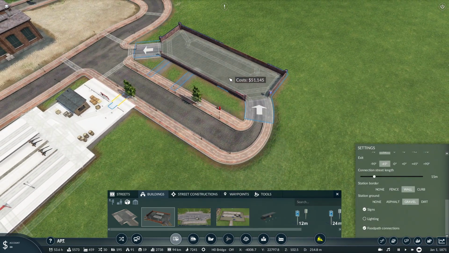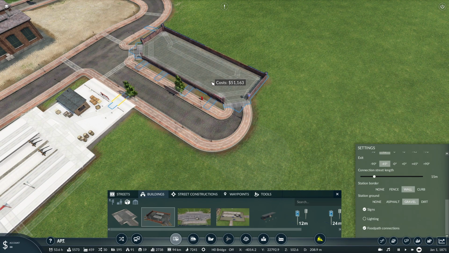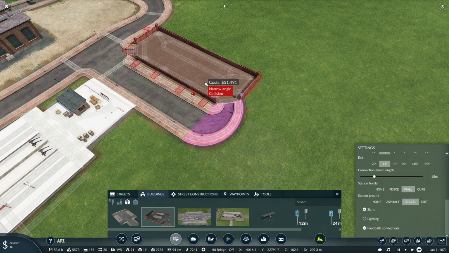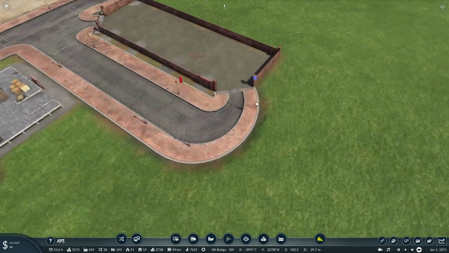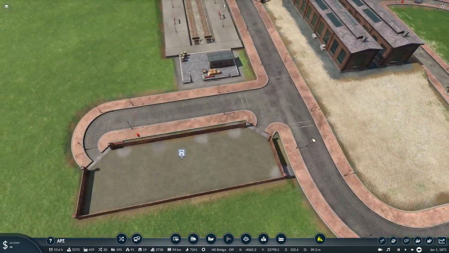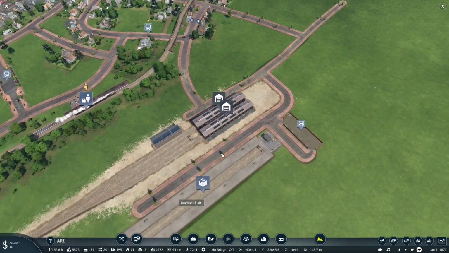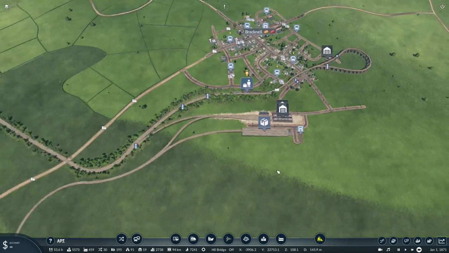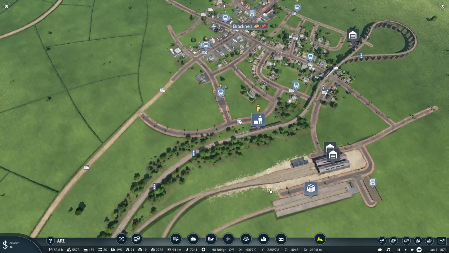Let's see what happens if I do this. It accepts a pretty interesting setup. So they'll come in through here and then they head straight back out. Okay, that is good. Now what I need to do is I need to adjust the...